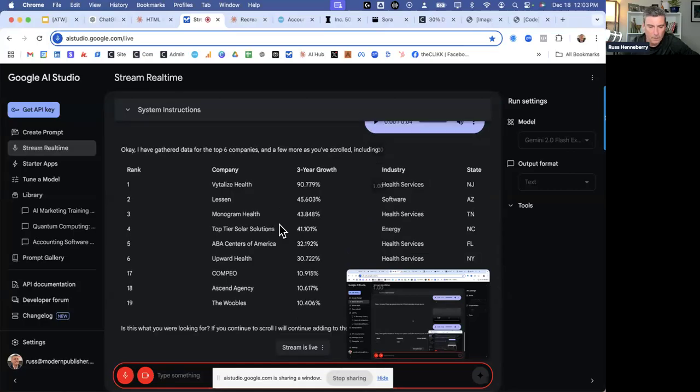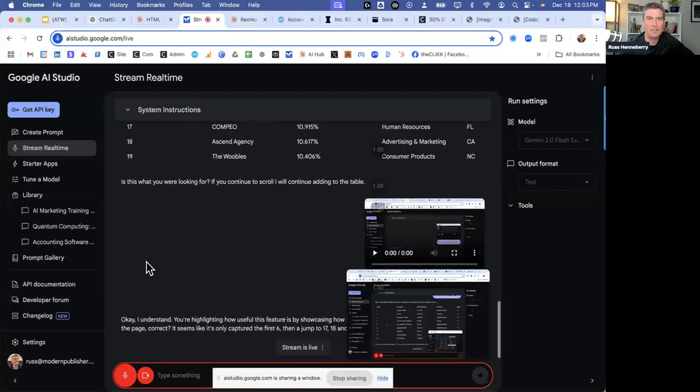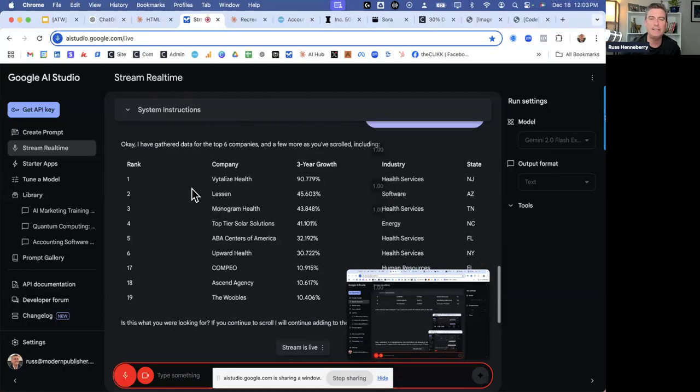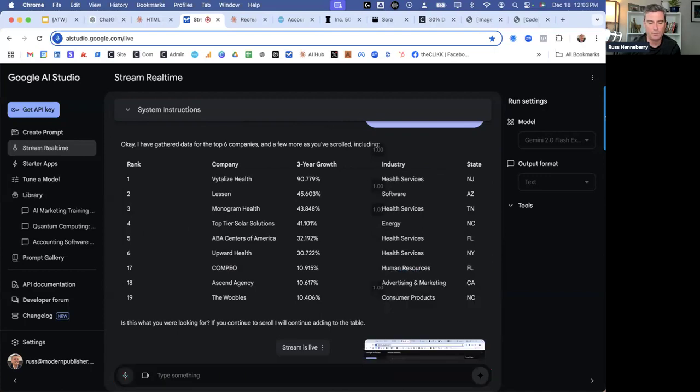Okay, so you can see it missed a bunch of them here. But I can definitely go back to Gemini and say, "Hey, you missed some. I'm going to scroll back up or whatever." But you can see the use case for the AI being able to see your screen. This is a very, very interesting feature that is connected to multimodality.